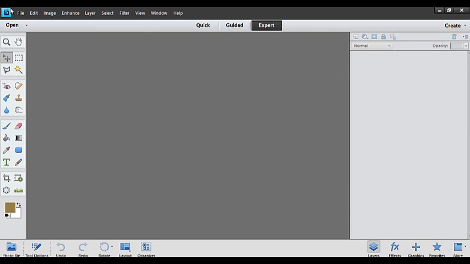Up here at the top is what I always call the drop-down menu. So if you hear me say drop-down menu, that's where you need to go. Over here on the left, these are your toolbars. This is your toolbar, and these are your tools. And then over here on the right is going to be your palettes. And then down here on the bottom,